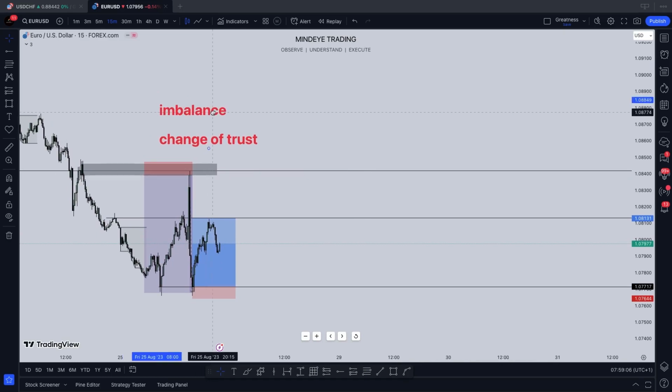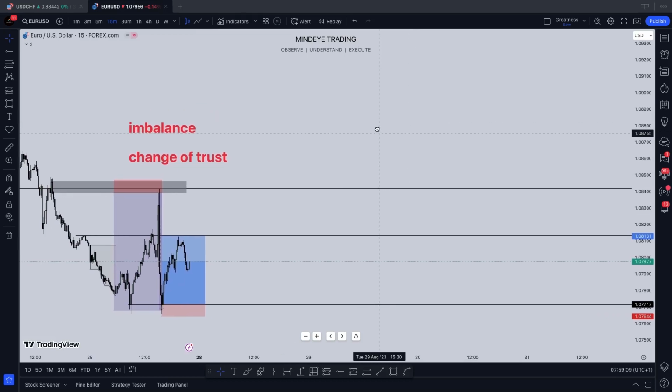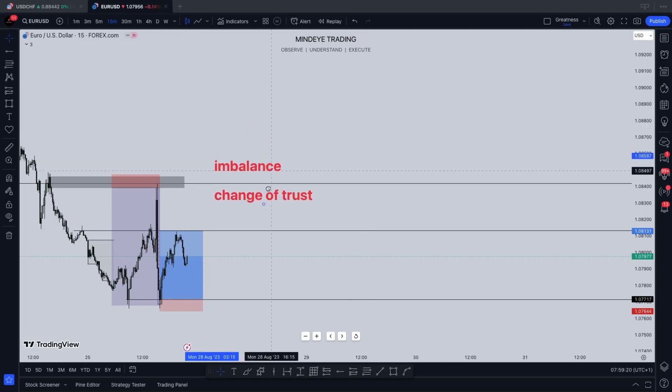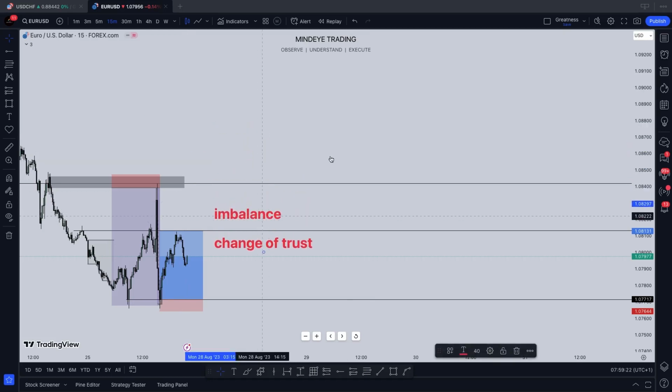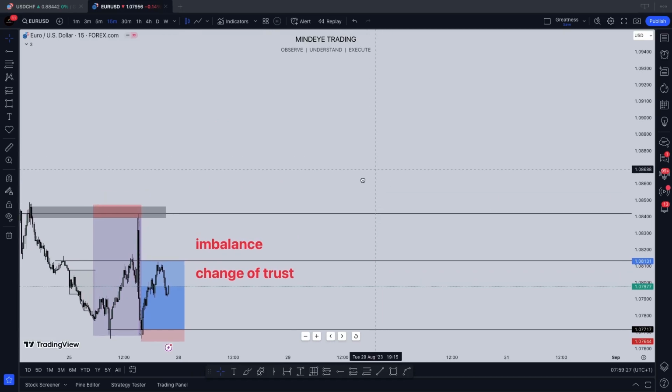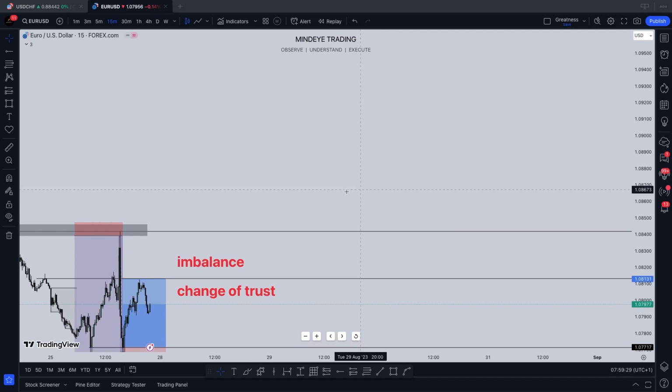Now, starting with imbalance, quickly, I would want to explain the general concept of imbalance, I mean the smart money concept of imbalance. There is another side to it that I personally trade, but I would explain this in depth now and show you how to apply it and make money from the market on a consistent basis. The concept of imbalance, technically, as taught by the smart money concept traders, is a way to know an area that will most likely attract the market.